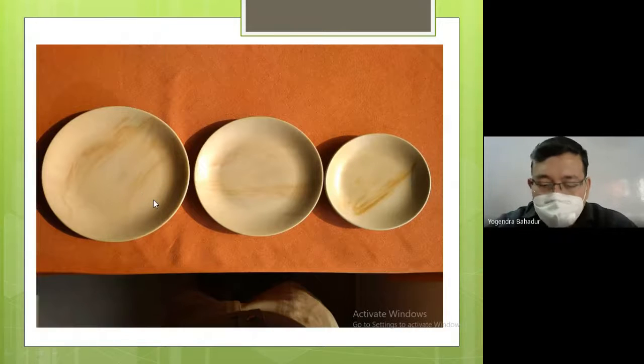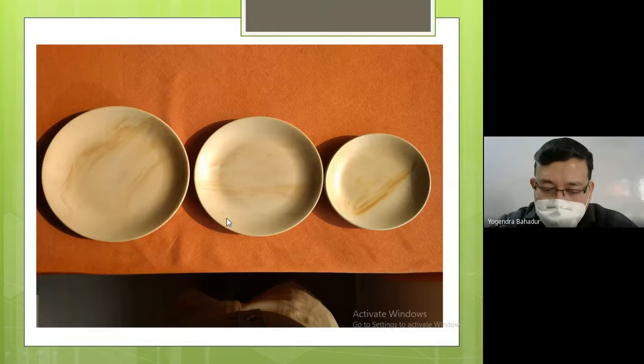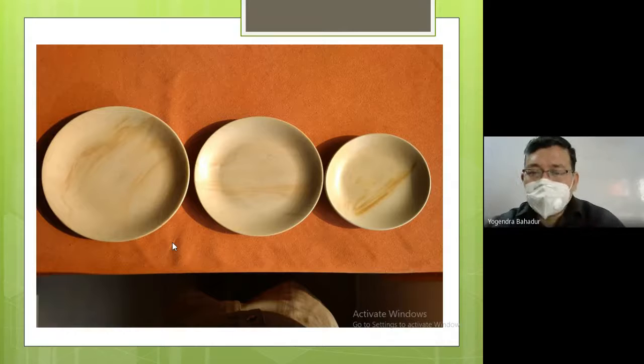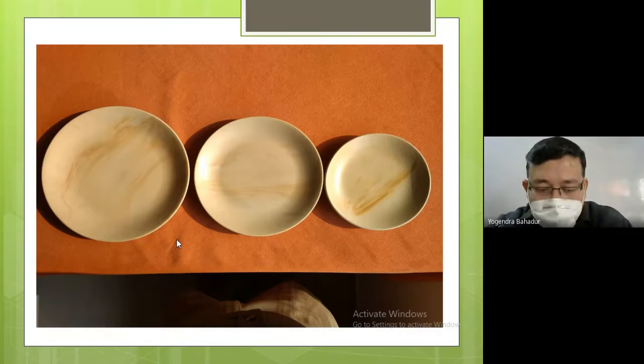As you can see, there are three different varieties of plates. Look wise, all three plates are the same, but dimension wise, they are all different. On the left hand side, you can find one of the largest plates, and it is known as the meal plate. In some organizations, it is also known as the full plate, whereas in some other organizations, it is also known as the dinner plate. So there are three names associated with it. It can be called full plate, meal plate, or dinner plate.